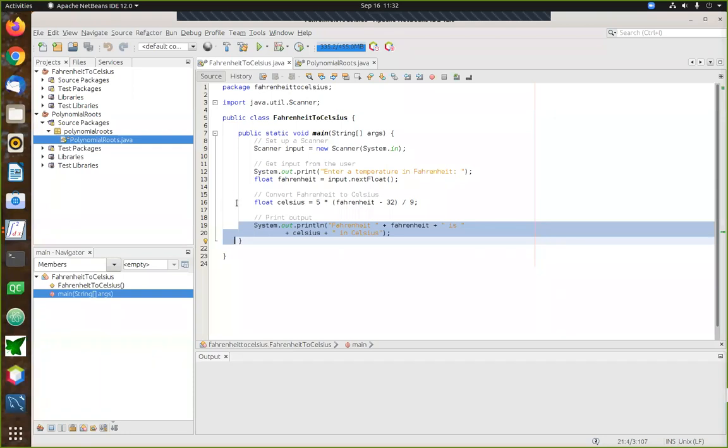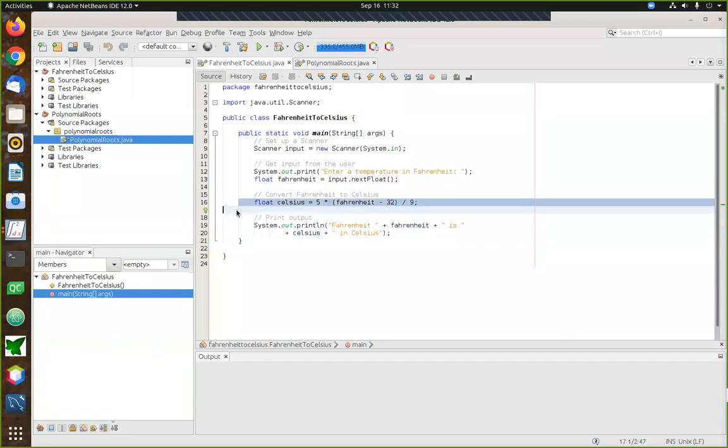And of course, the main action here is once you've received the input, you'll want to do some sort of a calculation with it. In this very first, very basic example, you see a simple example of a calculation taking place. We're going to do some simple arithmetic calculations involving the value that the user entered. In the process, we're going to convert a Fahrenheit temperature to a Celsius temperature and then eventually print that output. So even this most basic example that I showed you on Monday has three of the key elements that you're going to need in a Java program.